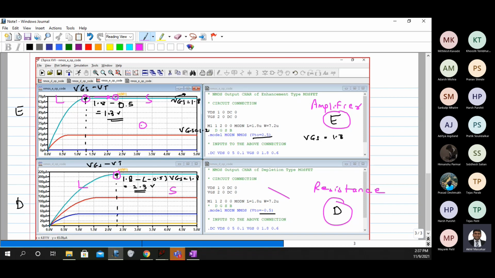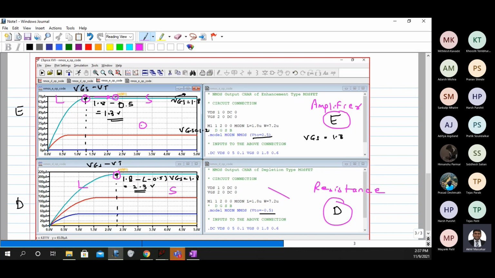That is why when we do our amplifier design, we will be using only enhancement type transistors. So don't take it the other way around that depletion type transistors are bad. Nothing is bad. It can be used if you want to use the transistor as a resistance.